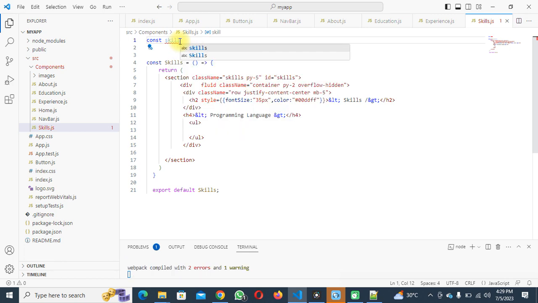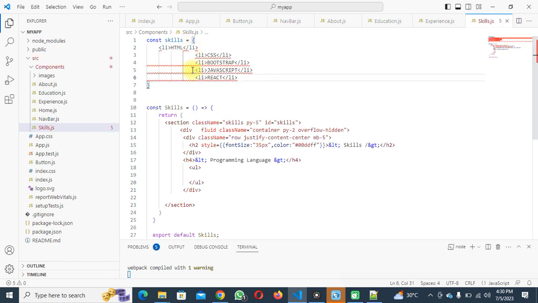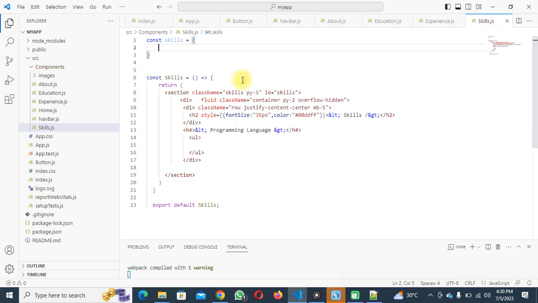skill is equal to, then I can say it's an object, and right here, now if I paste that, I'm not using it like that, I just use it as an example. So I will create skills and say okay, let me use my hand to type it because this is too much for me to edit. So I can say